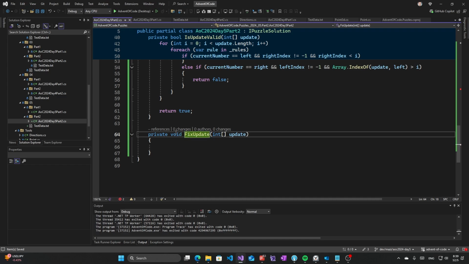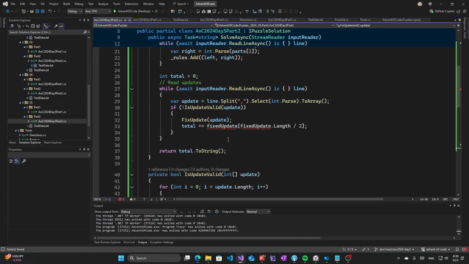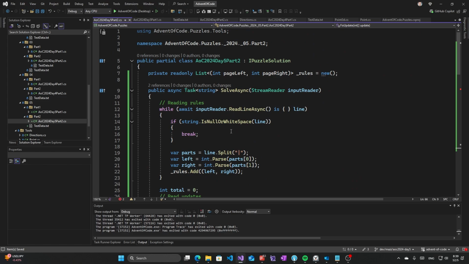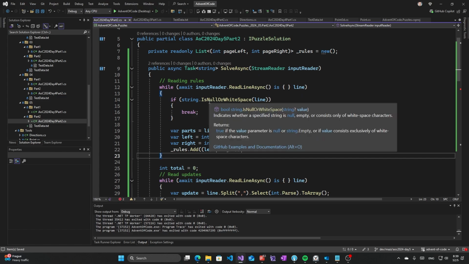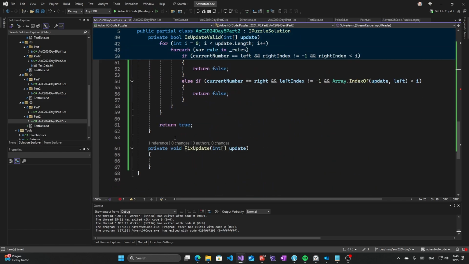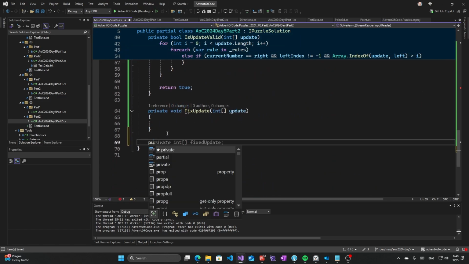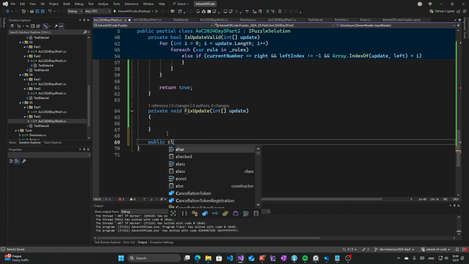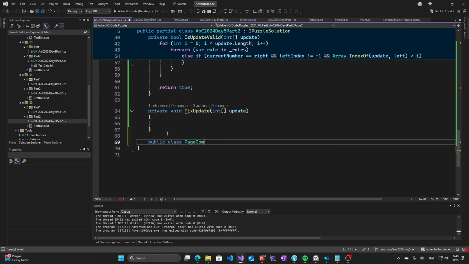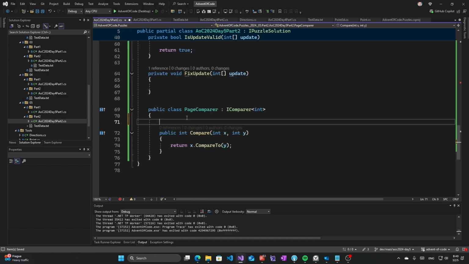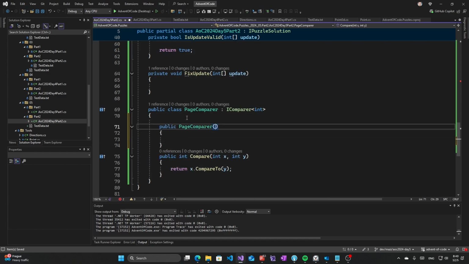We don't care about breaking the input row, so that's fine. What we can do is create a comparer. So I could do page comparer to be IComparer of int. In the input, it would have the